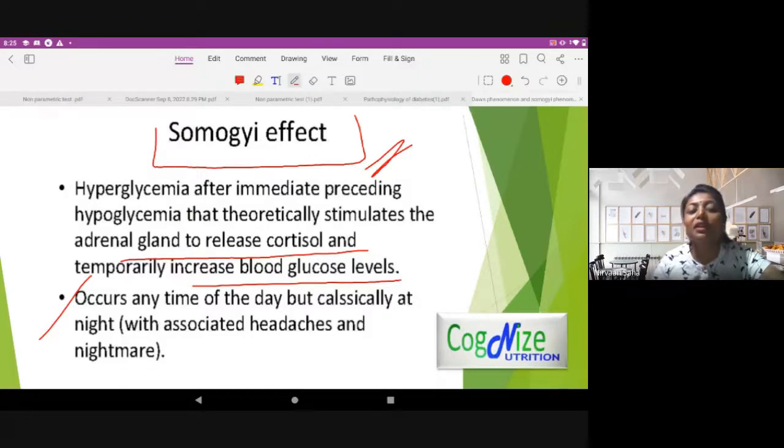So that is the reason why we always see that if you stay without eating, glucose goes up. This concept that if you don't eat for a while, then your glucose will go high, is actually related to the Somogyi effect. So this is a normal thing that we all know. But in the Somogyi effect, what happens? This thing becomes